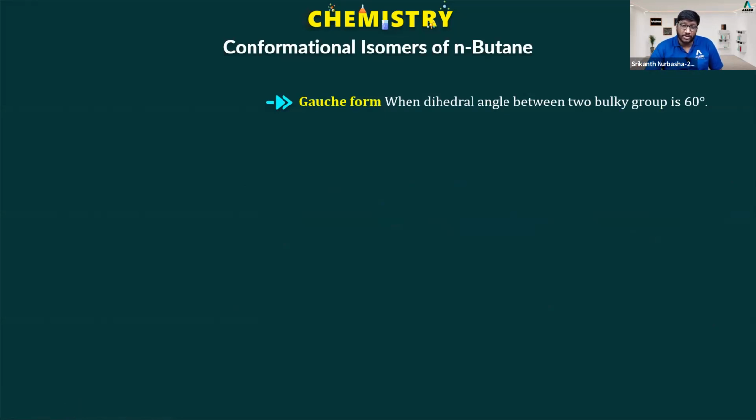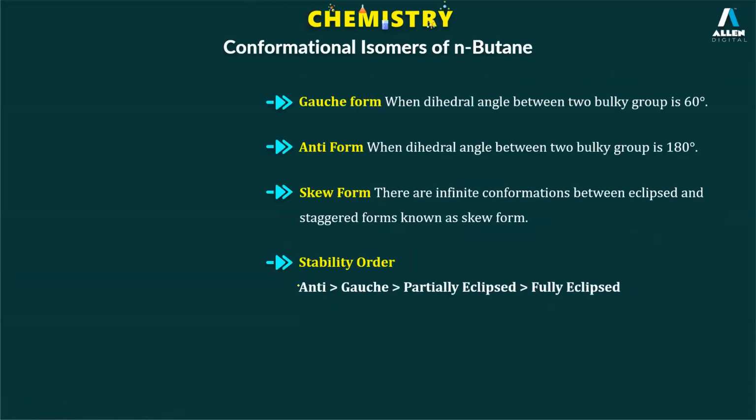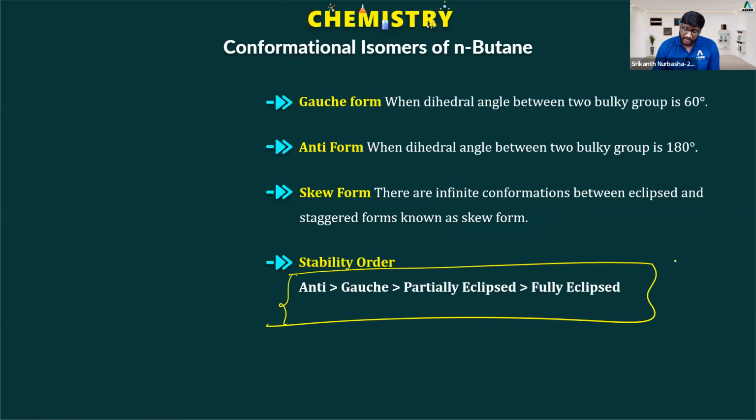What is the order of stability, students? The order of stability is anti greater than gauge, greater than partially eclipsed, greater than fully eclipsed. Yes, very good. The same thing we have explained is in the slide now. Anti form is when the dihedral angle between bulky groups is 180. Gauge form is when the dihedral angle between bulky groups is 60. Skew form means